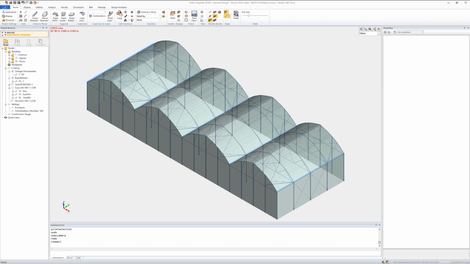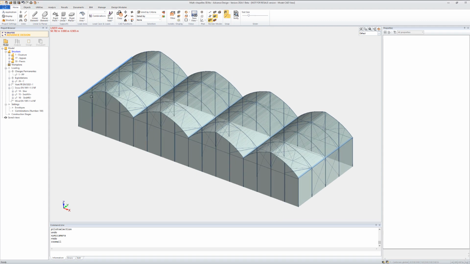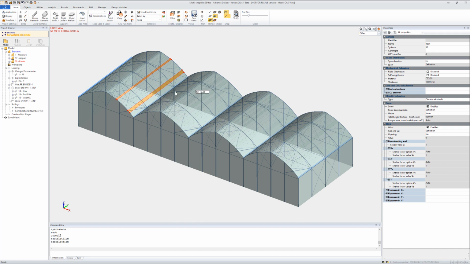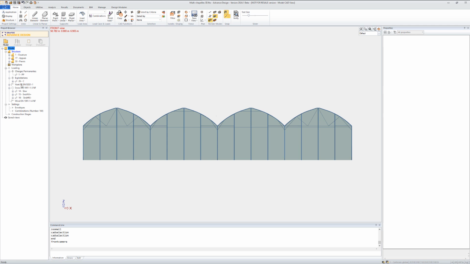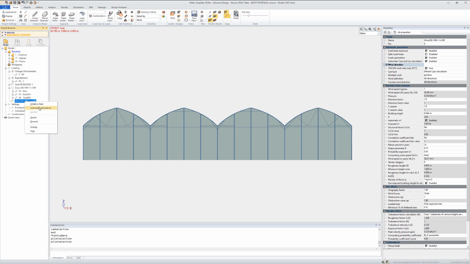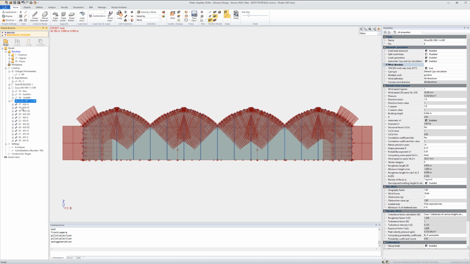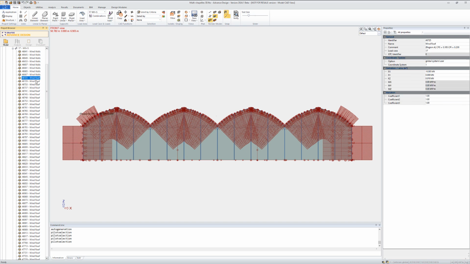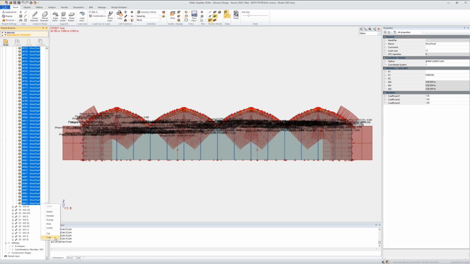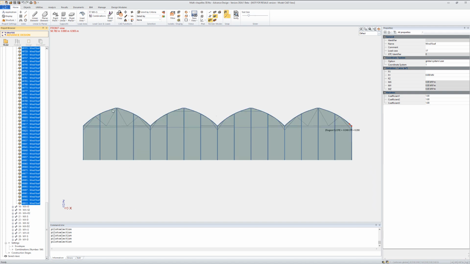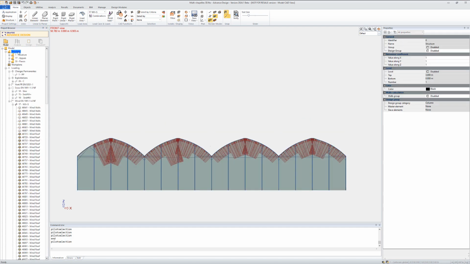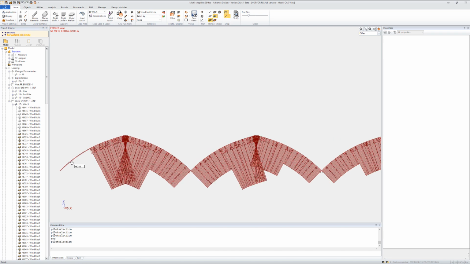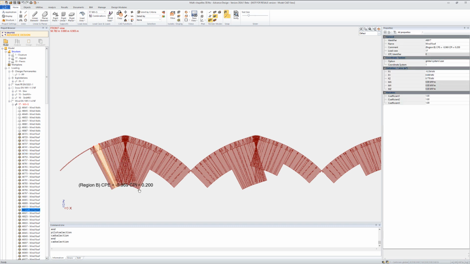Alright, so now let's check wind generation on multi-span vaulted roofs. Here the load areas on the roof should be defined as circular load areas. And if we generate the wind forces and we focus on x plus wind and forces on roof, we will see that we're using the principles from vaulted roof combined with the principles from multi-span roofs. So I will just hide the structure at this point. And you see the A zone will only apply to the very first roof. And then you will find some B zones, a very long one, and then a C zone, which will repeat,